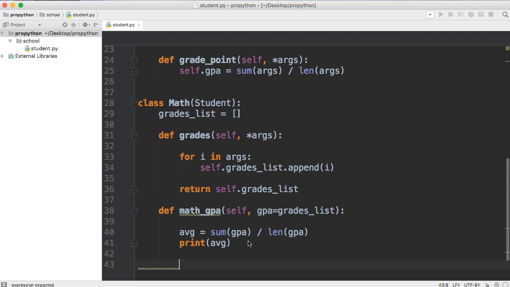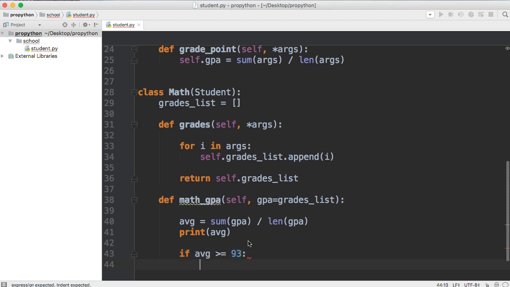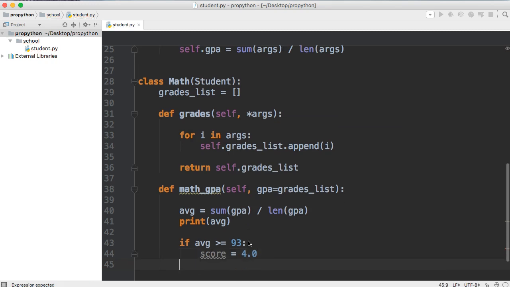Now next we're going to use an if statement. We're going to compare the average to a set number for figuring out a GPA, which I found on the internet. So if average is greater than or equal to 93, we're going to say score is equal to 4.0, and then we're going to come down and do an elif. Average is greater than or equal to